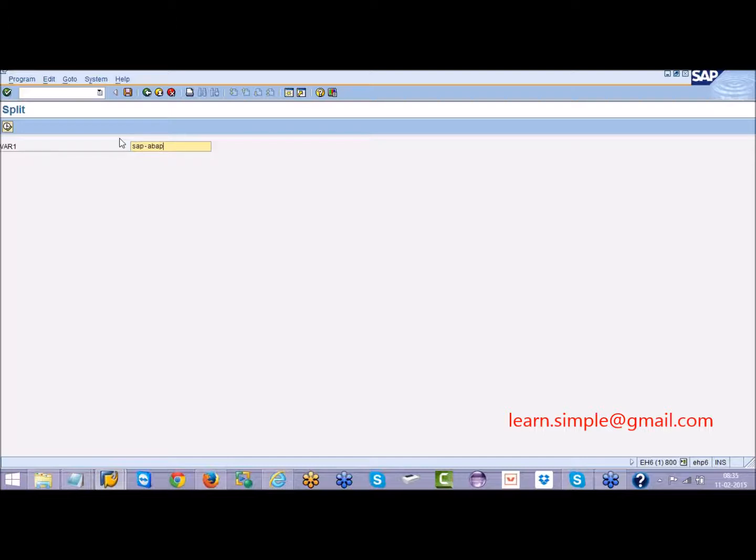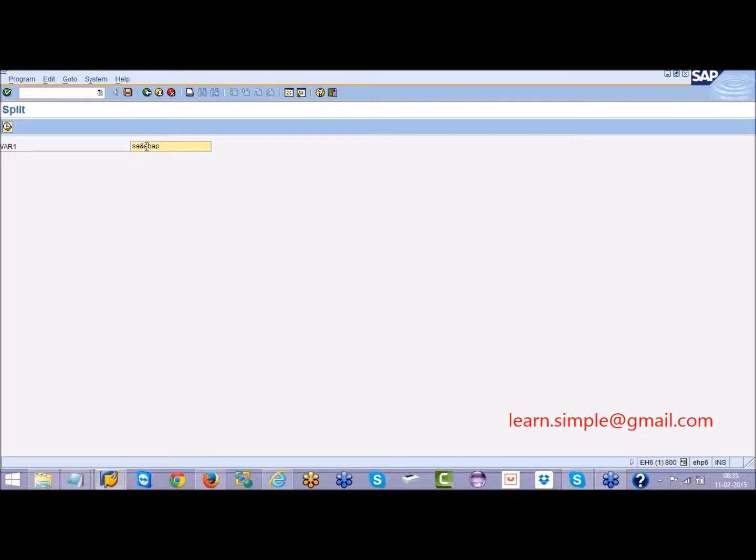Okay. So here I want to split where the hyphen is. In my input I know that there is a hyphen, or some SAP ampersand ABAP. I know that these two things, SAP and ABAP, are separated with some special character, sometimes colon or comma. Sometimes you will be given input files, flat files, which are separated with commas.